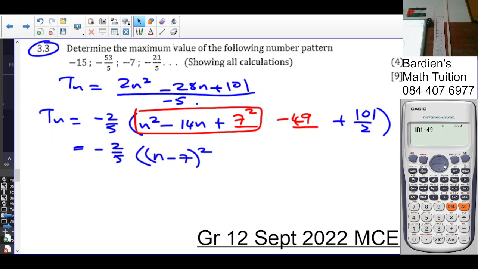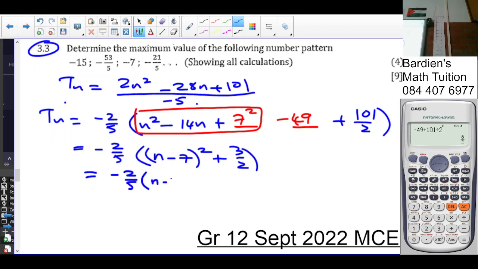plus 101 over 2. Negative 49 plus 101 divided by 2 gives you 3 over 2. That's correct? Okay, so it's 3 over 2. And of course to get rid of the outer brackets, negative 2 over 5 into n minus 7 squared plus negative 3 over 5. I think it is,